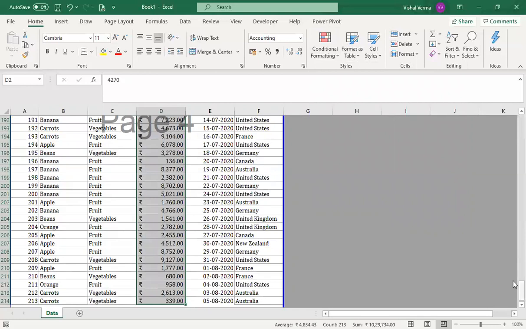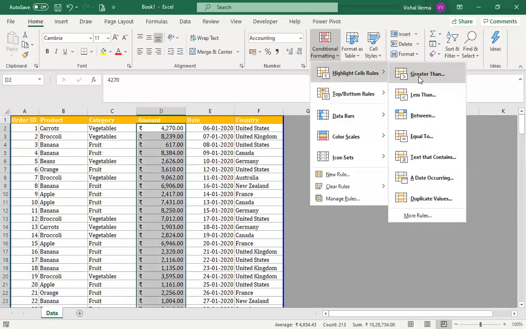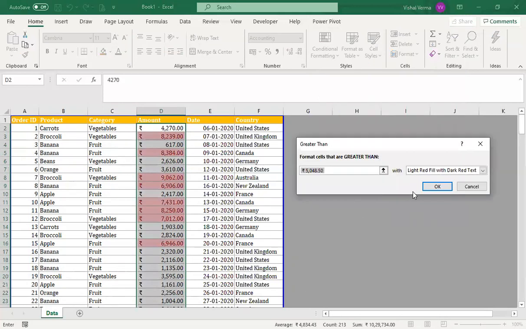This is sample data, and then we go for the highlight rule and select Greater Than. It is asking greater than what. By default, it is calculating the mean of that value and doing the calculation by itself. Or you can just write the value that we want, say more than 5,000.